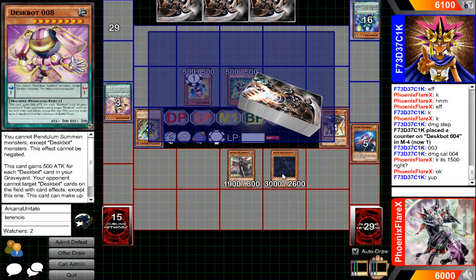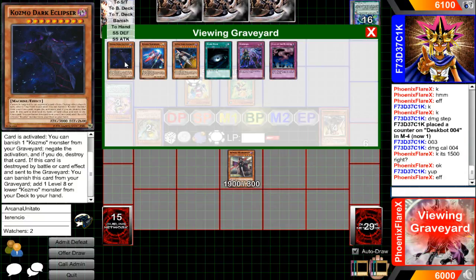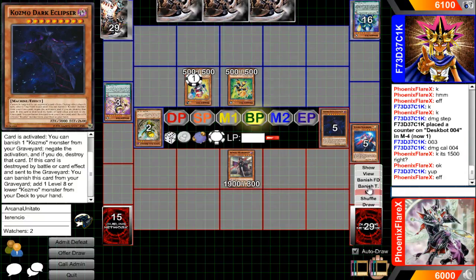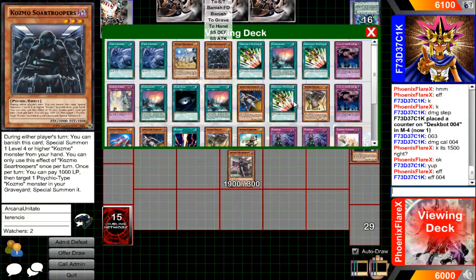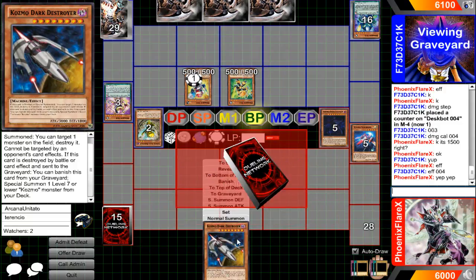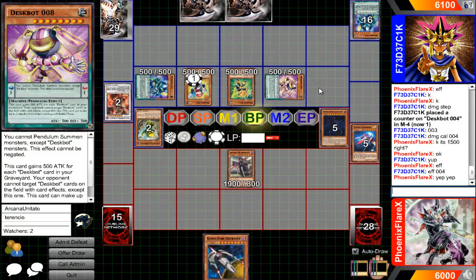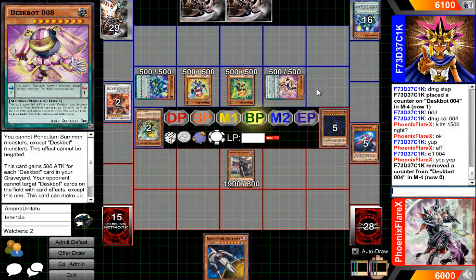Yeah, he sends 8. So Deskbot 5 is already inherently getting boosted by 4k, and I don't take any damage from any of it. And he gets to summon 2 off of 4, and if he had left 3's boost effect, he could have then used 3 to just do some extra damage over my Wicked Witch. But regardless, it just didn't end up happening. So he attacks over my Dark Eclipser there, and I use Dark Eclipser's effect to search Dark Destroyer